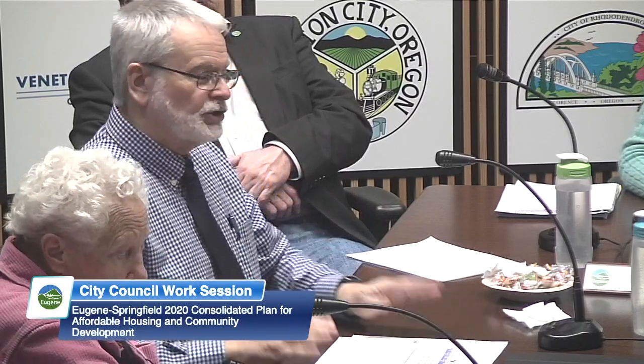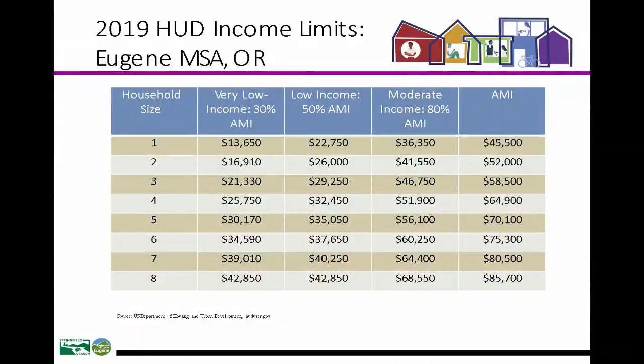There we go. Yes. And I just wanted to mention this one very quickly because I was doing some research on what the federal poverty level is in 2020. If you look at that first column, very low income, 30% of our local average median income, that's basically the poverty level. So there are a lot of people in this community who are at 30% of the AMI, that's what they're earning, which qualifies them at the federal poverty level.